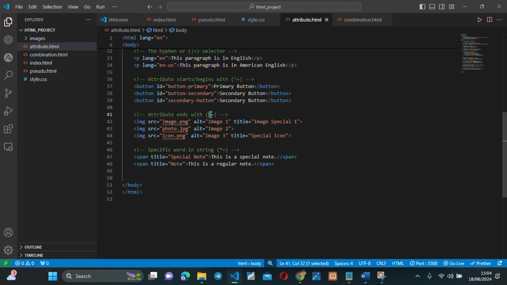So the dollar sign is used to represent ends with. So our attribute that we're going to use here, we're going to use the title attribute. So if it begins with, oh, okay, no, this does not correspond. All right, let's use the source. Okay, let's put actual images in our source. Let's say image